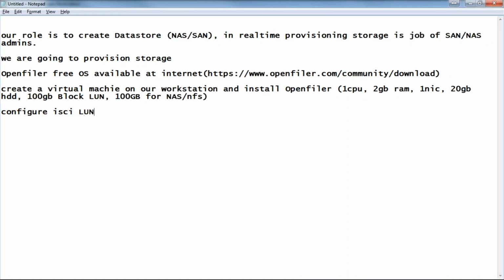iSCSI LAN. Don't confuse it with iSCSI LAN. It is considered just like SAN. Okay, SAN, iSCSI LAN, and NFS volume. So you have to configure iSCSI and NFS volume. All these steps are clearly mentioned in the document that I'm going to share with you. It is a PDF document. Don't worry about it. And then once you configure, you have to go to this ESXi